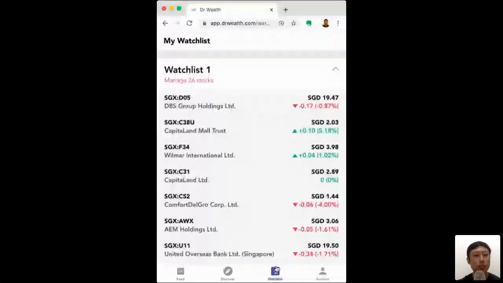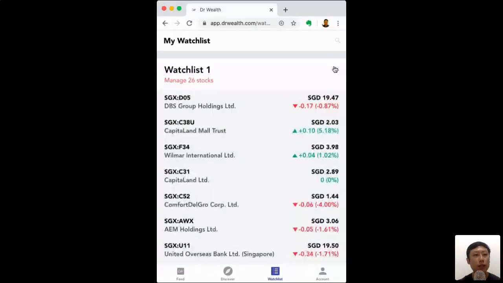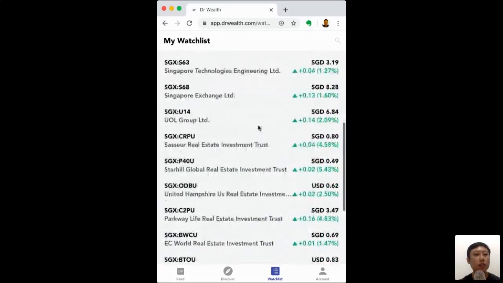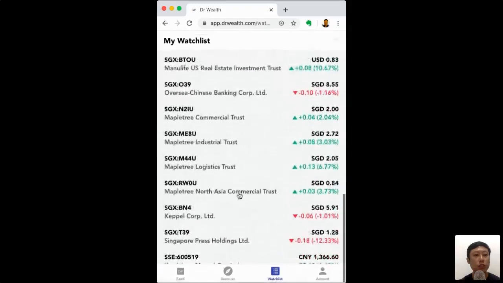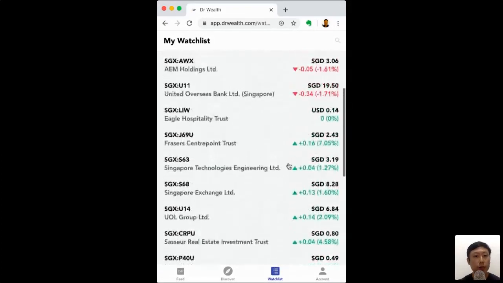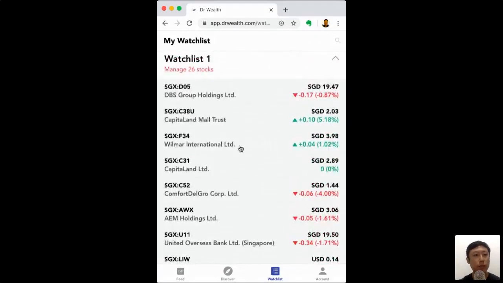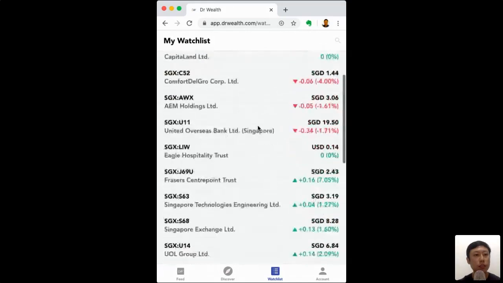So I'll talk about the watch list first. Currently we only have one watch list, but of course we intend to add more watch lists for you. But I think for a start, to play around, you can just create this watch list. You can create watch lists of different exchanges and add them together, doesn't matter. We will show you the daily change, because we only do end of day prices for now. So if you put stocks like these 26 stocks in this watch list,